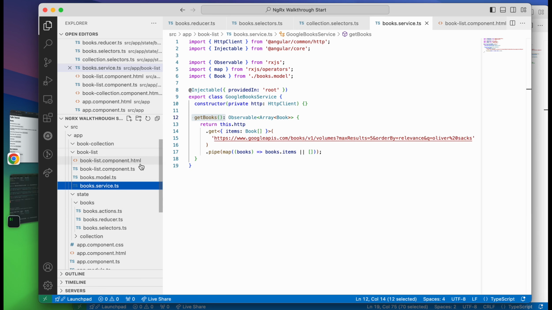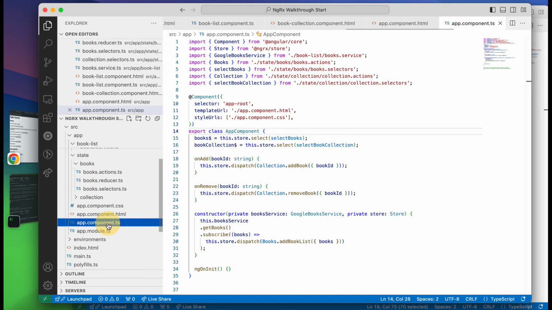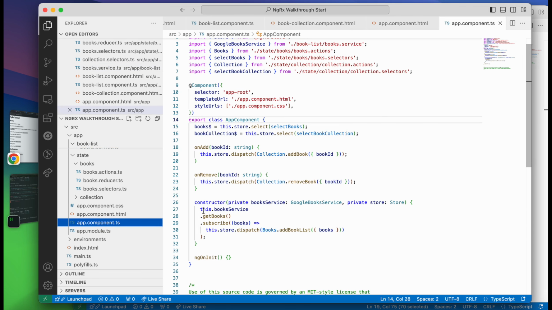in our component, instead of making the API call and subscribing and then updating the store, the goal of the effect will be to do that. We'll just dispatch an action here without any payload, actually, because we didn't pass any parameters to get books, right? So we just want to make the call,